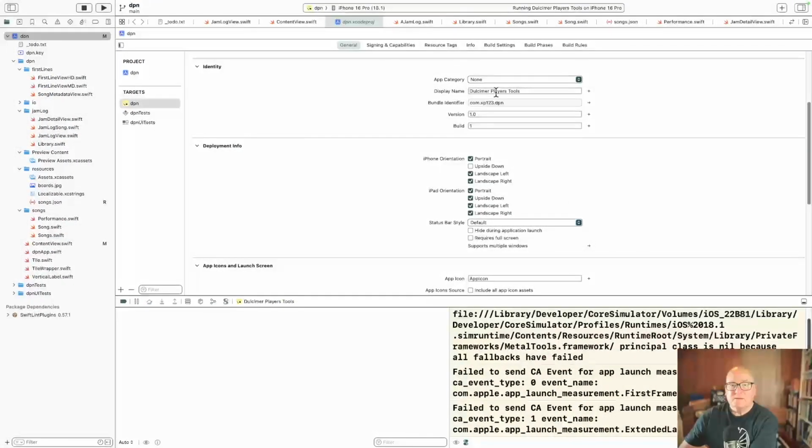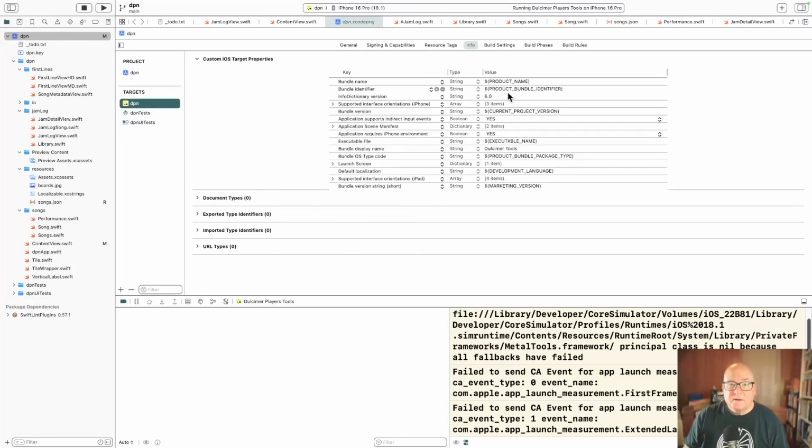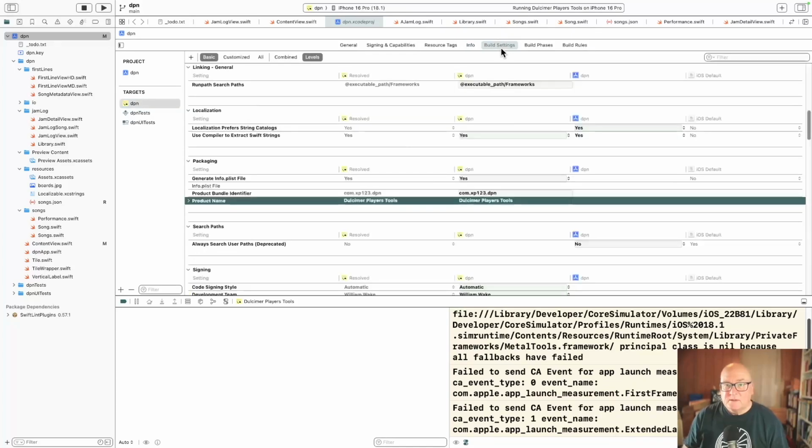Okay, let's try Dulcimer Tools. It's a little shorter. And that was in the target in build settings.